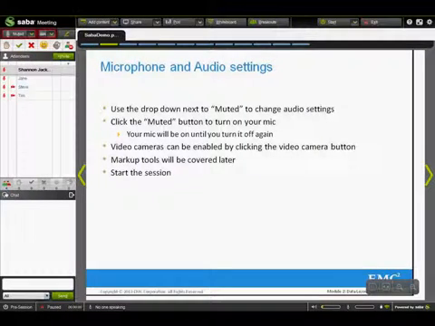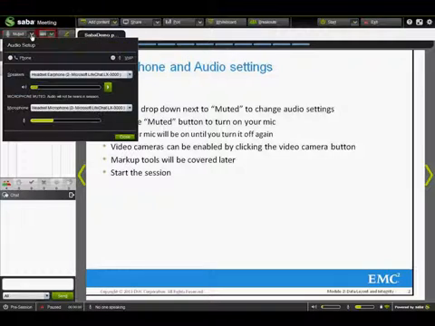In order to turn on your microphone in your SABA session, in the upper left corner, you would click on your muted button to turn it on. Before you turn it on, you're first going to want to make sure that your audio settings are correct. So using this drop down here, we are going to determine whether we're using the correct speakers and the correct